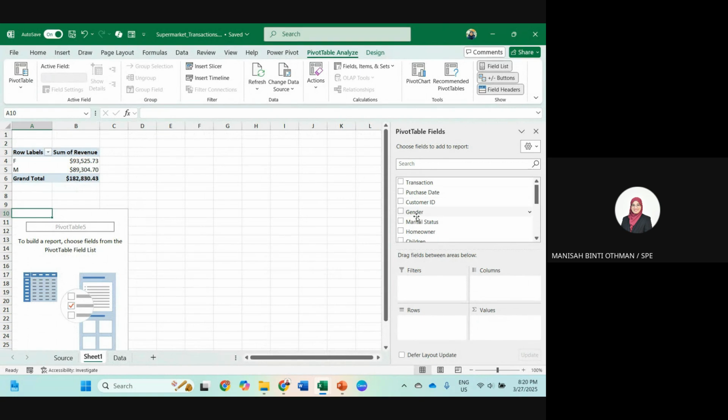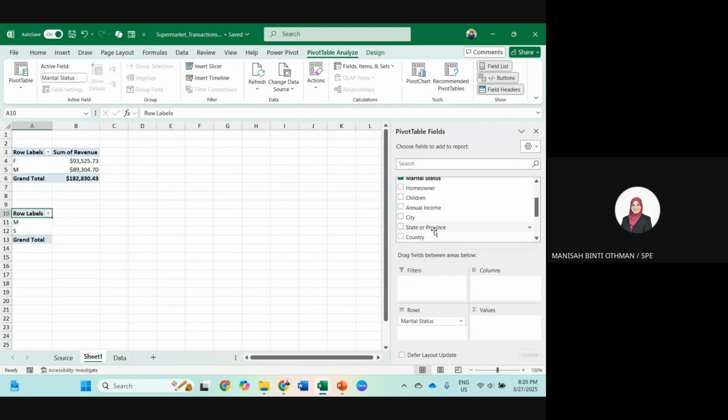Right, just now it was gender, now marital status. So this is to display a categorical variable and numerical revenue. Sales for male, married and single. Alright, this is to summarize.